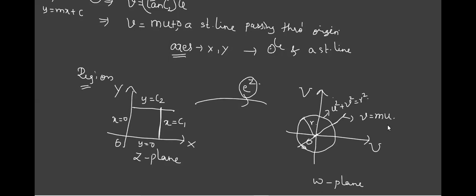This is called drawing the region. Sketch the region will be there, no? So this is what we need to draw. Even they have given the second part that it is like orthogonal trajectory. Now tell me, what is the angle between these two lines, x equal to c1 and y equal to c2? Right angle, 90 degree. If you take two angles as 90 degree, now we have to just show that here also we are going to get orthogonal trajectories, means the angle between the curves we have got is also 90 degree.